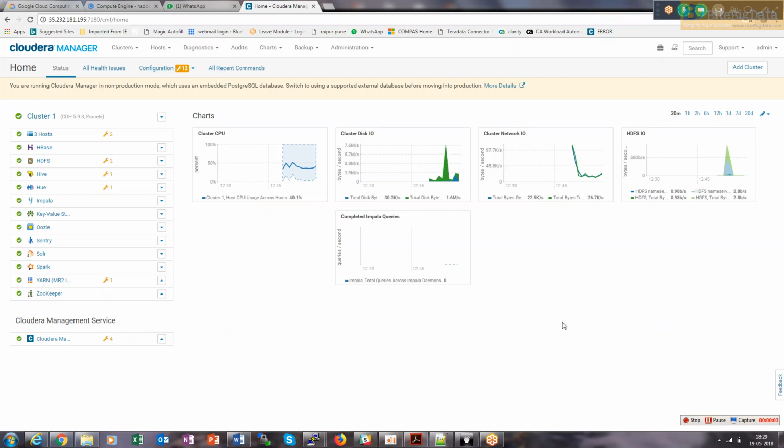Okay, so we started. Now what we'll do today is upgrade this cluster from CDH 5.9.3 to CDH 5.10.2. Okay. Now the thing is, whatever the prerequisites are, we now have this cluster up and